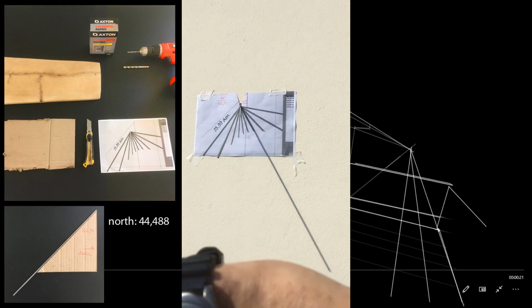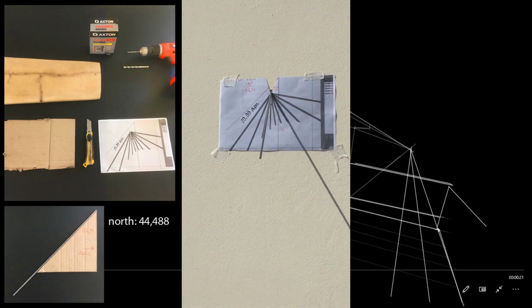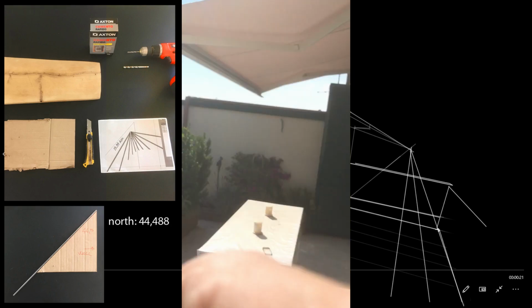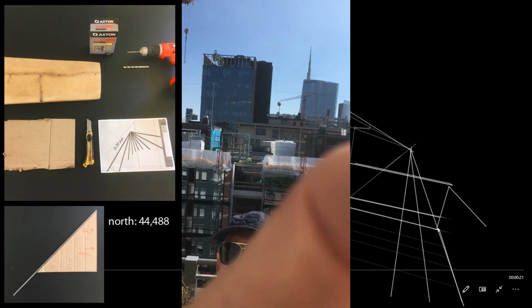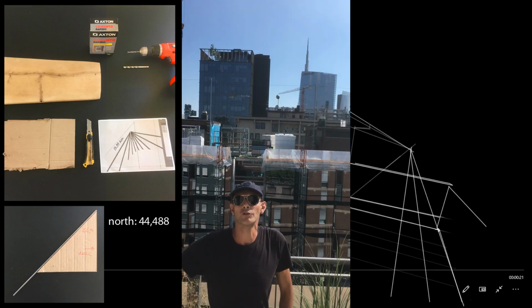Okay, it is 5 o'clock past few minutes. So we can say that it's quite precise. Even if, of course, we are not going to use this watch